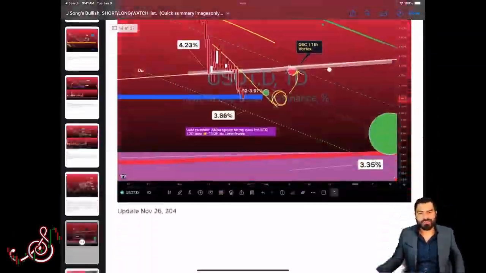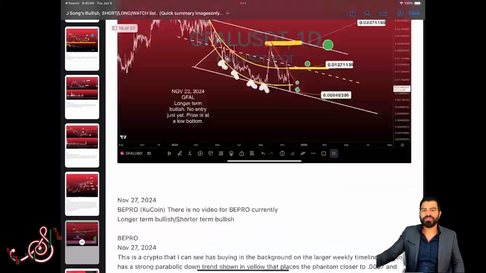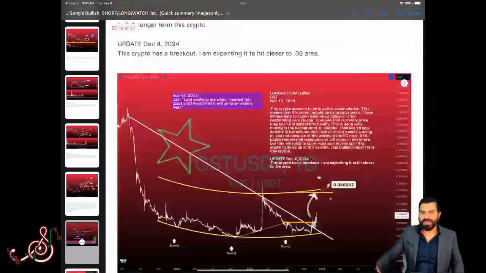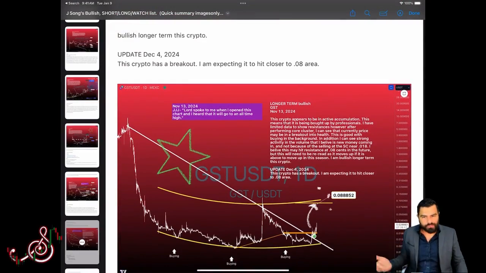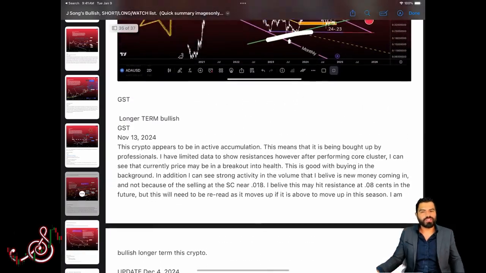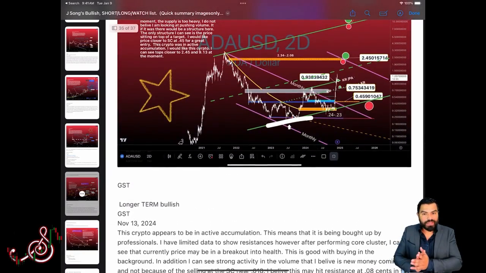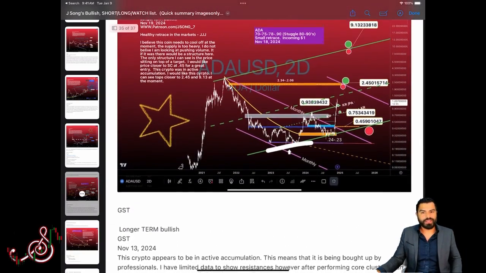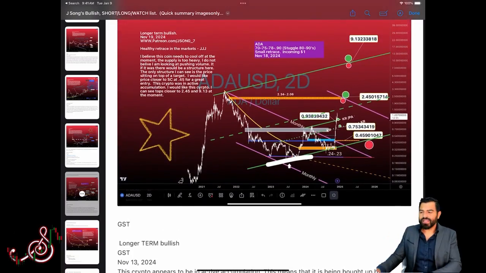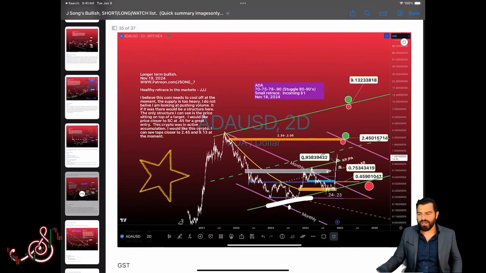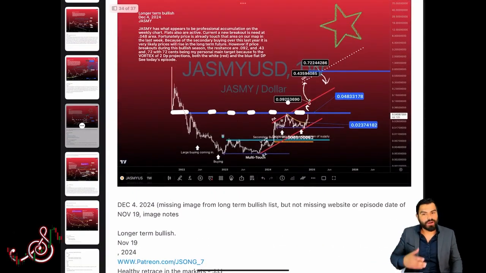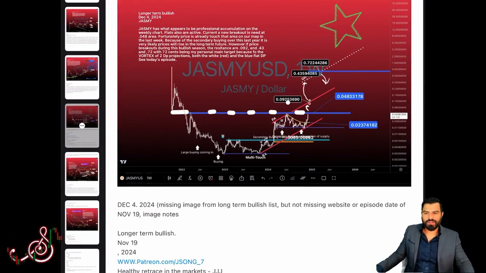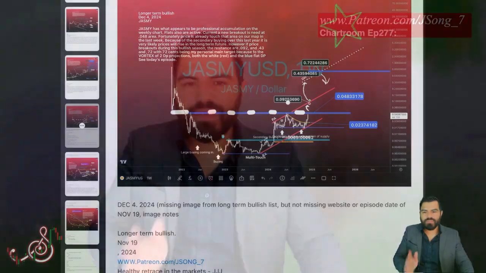I also show you some important updates, and you just scroll down to the bottom. You can see some of my last updates, and it's pretty packed with lots of different cryptos that we add, cryptos that move into position and why. And it's just a quick summary. This is not a replacement for the full maps, but I put a summary so you can get an image of what we're looking at for some of these cryptos on the bullish list, why they're on the bullish list, where I believe they're going, and why. All these images are meant to be viewed alongside the dive live stream video.